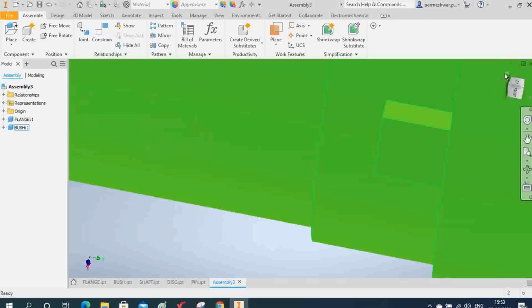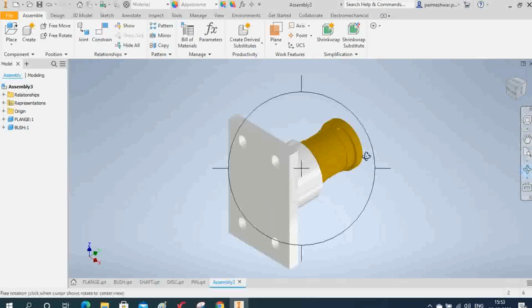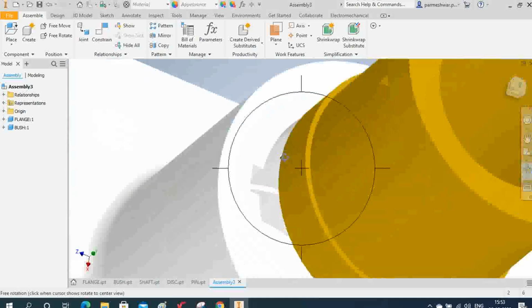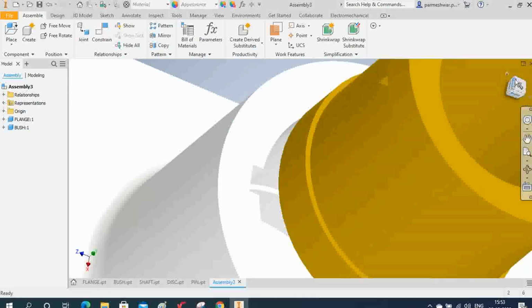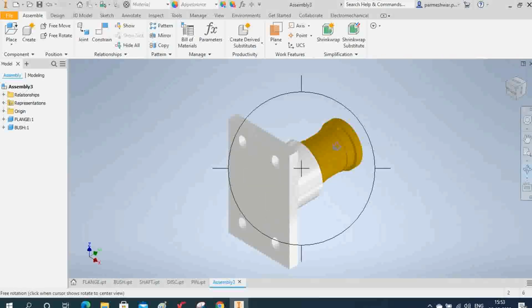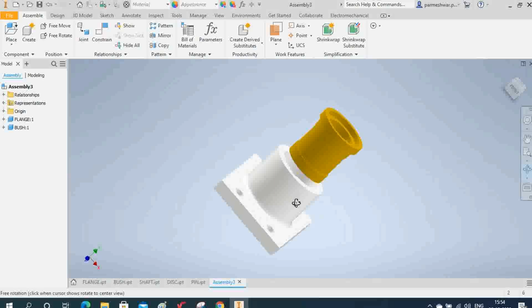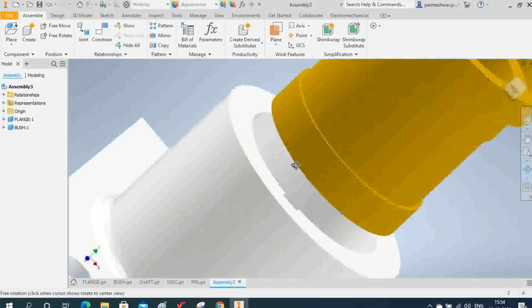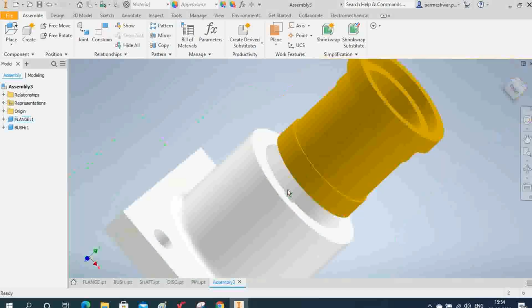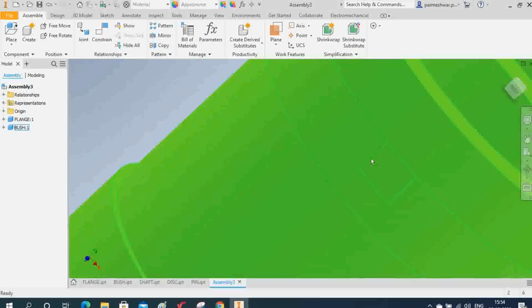Now you can check the alignment of these faces are in one line. So let me change the view. You can check it here like this. You can check this face and you can see this face. Those two faces are in one line.